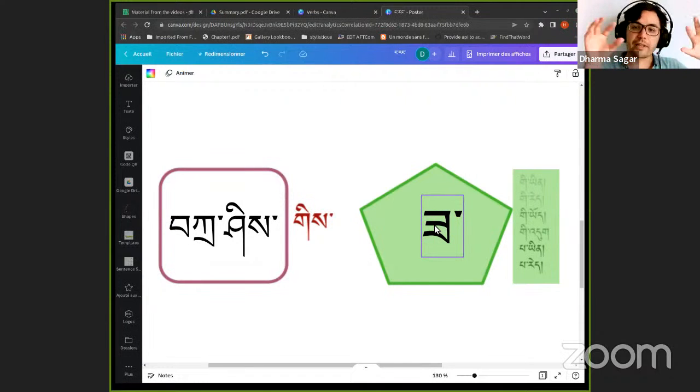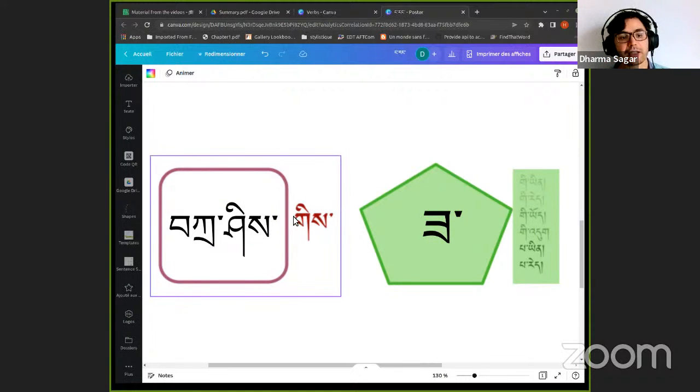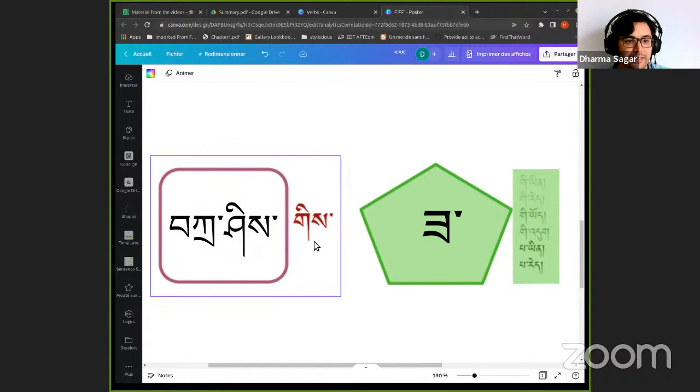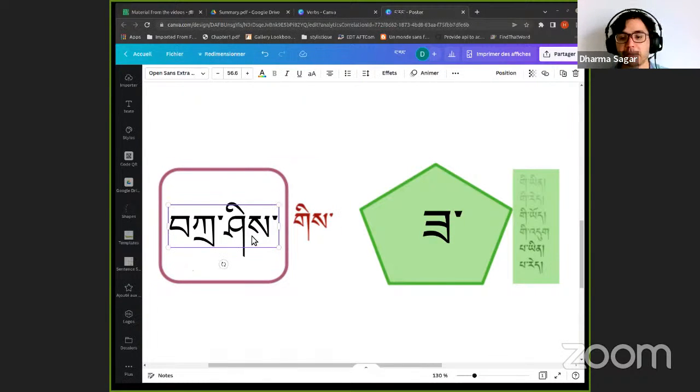So in the sentence, you have a few pieces, out of which you have the subject, you have the object, and you have the location and other clauses, right? And the subject is one of these high-level components. And so the subject is always going to point towards the verb to say, okay, I am the subject of the verb. So Tashi goes towards sa, but it is in itself complete. And so, of course, it is an empty box. I could make it much more complex.